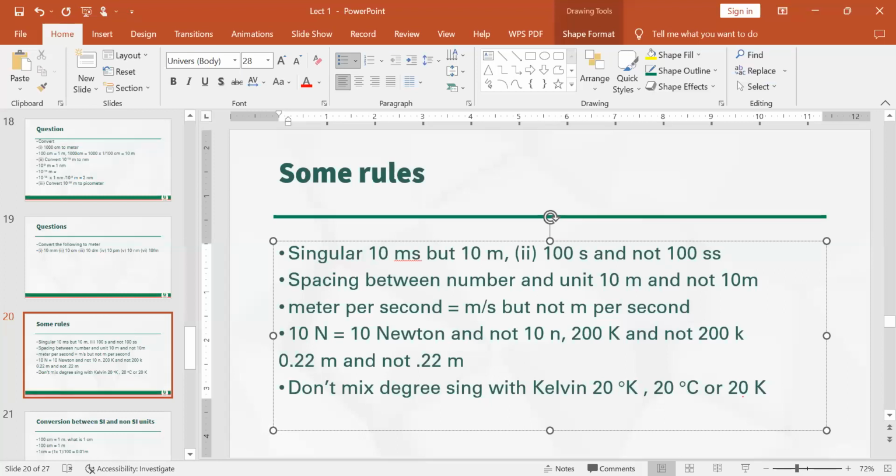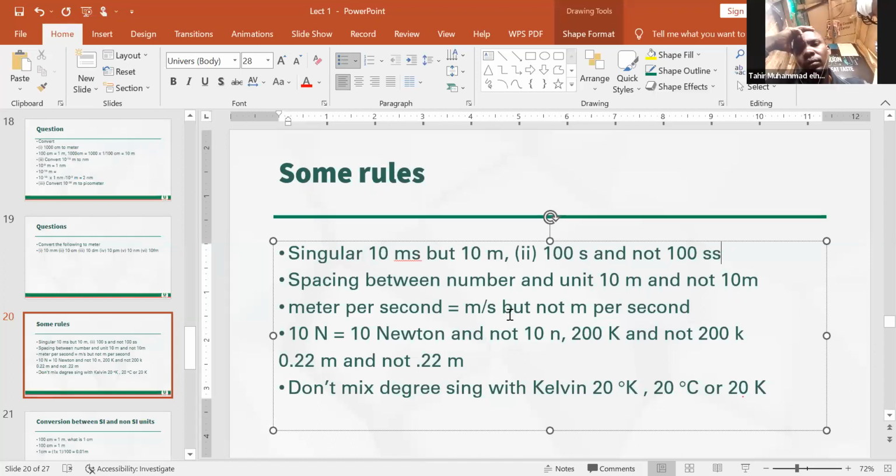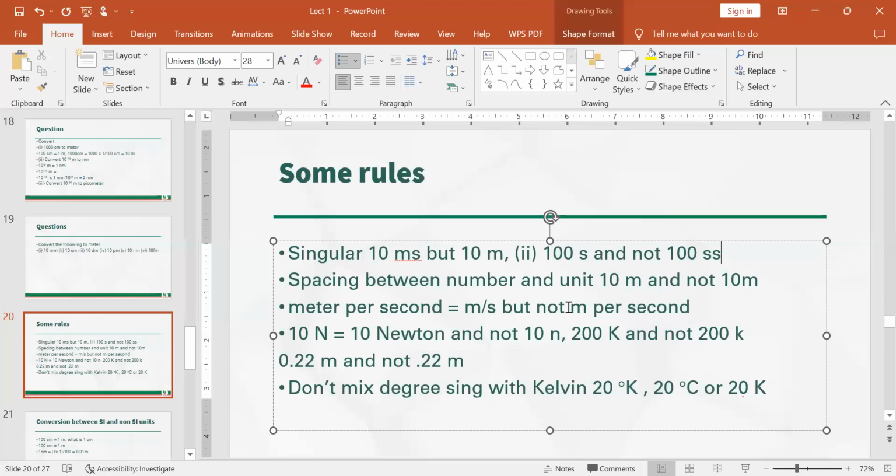So spacing between numbers: when you write the number, you give a space before you write the unit, except for percentage. You can write, for instance, 10 m, but not 10m. The m should not just follow the 0. But for percentage, you can write 70%. That is correct. 70%. That is correct. And not